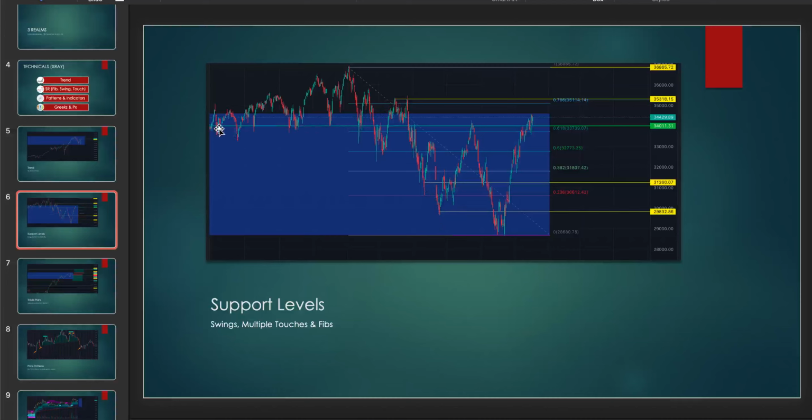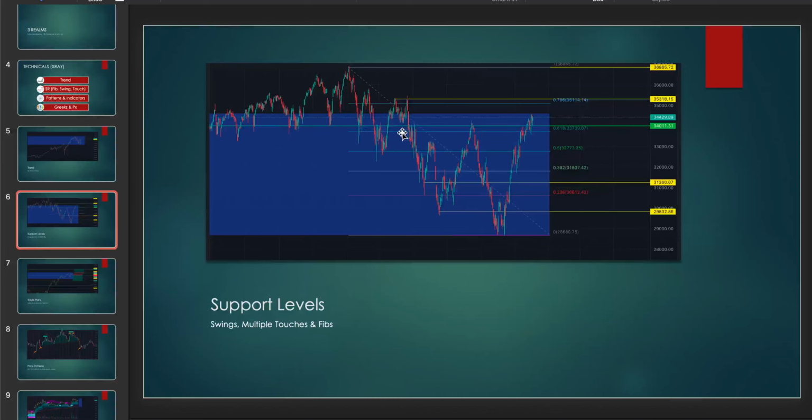This is, it might be a swing point at some point in time, as it is here and as it is here, but it also has a lot of touches. You can see how it served as support quite a few times here and then broke through. And then here it served as support again. Support, support, support broke through a little bit. Support broke through quite a bit. And then it quickly